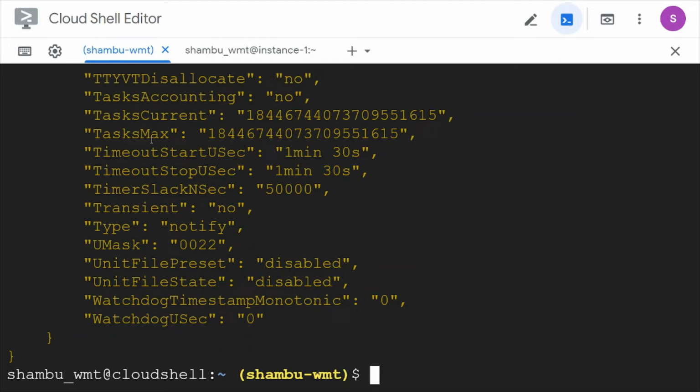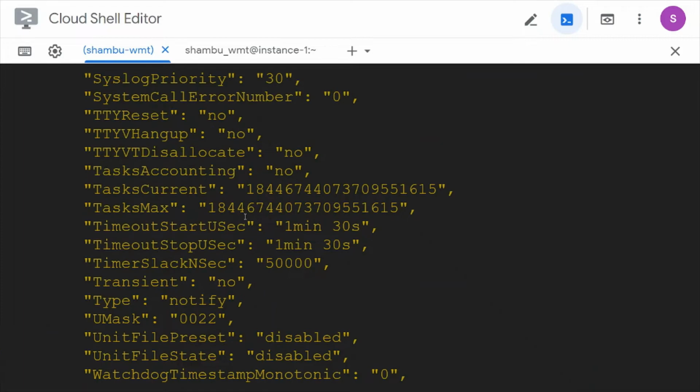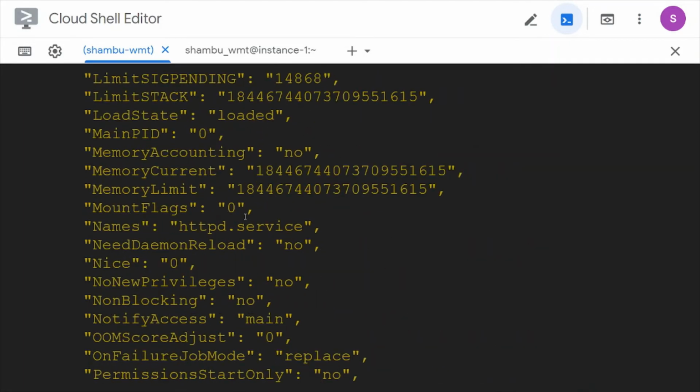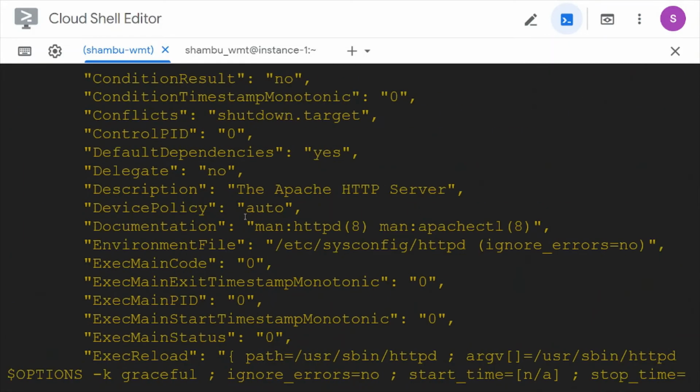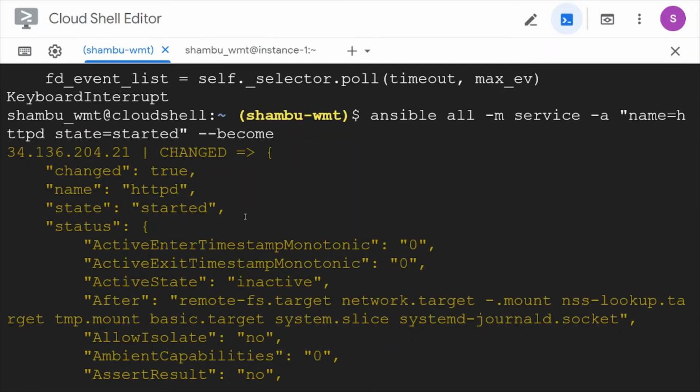See, it is started. So what status are we getting in the output? Sorry, here I run it, changing it to name is httpd, state is started.